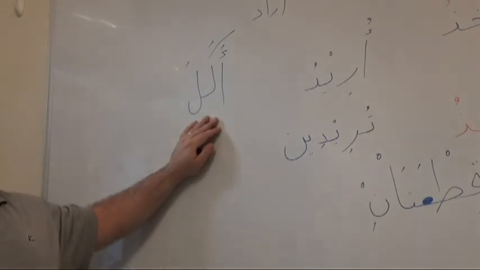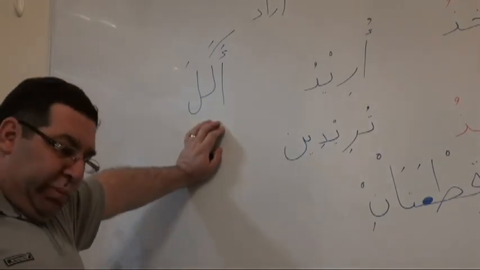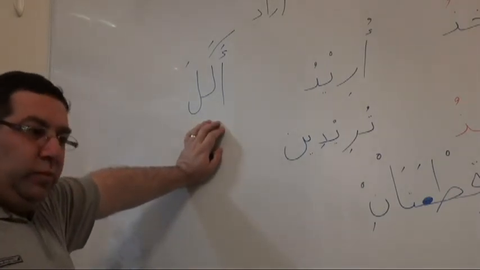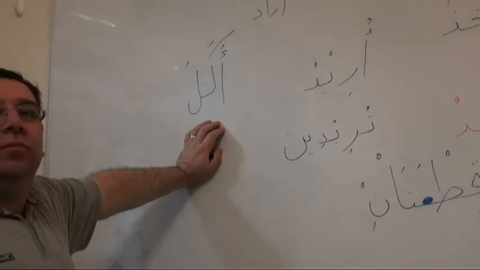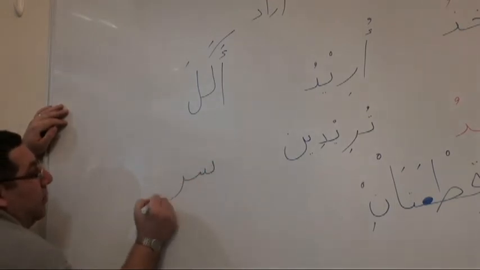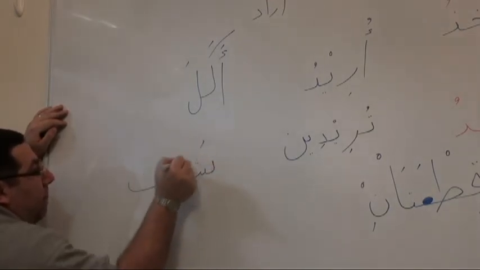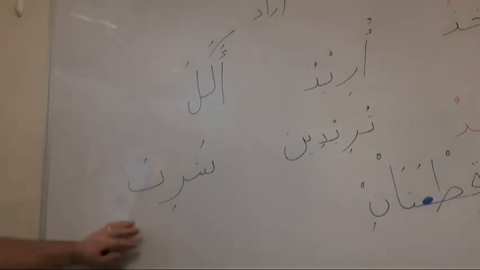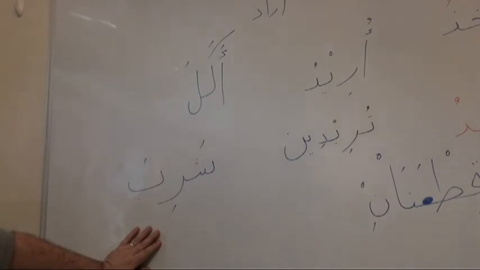Akala means he ate, the past of eat. 吃东西，这个是男生的他吃过什么东西，过去式，就是吃的意思。 And what is this word? Shariba. Shariba means he drank, the past of drink. 喝东西的过去式。